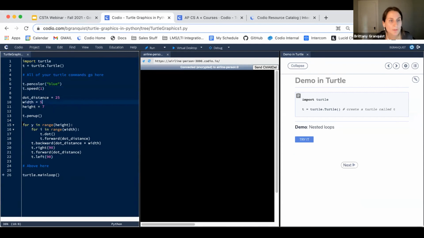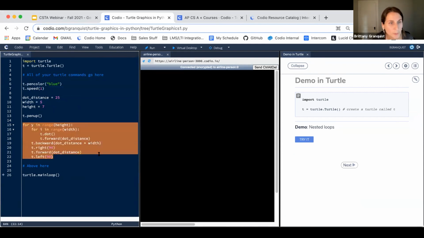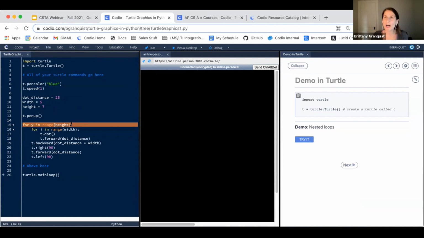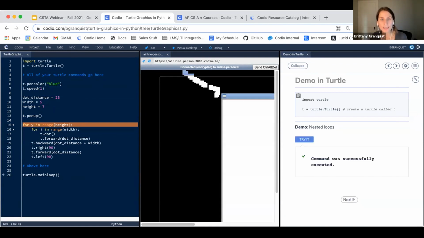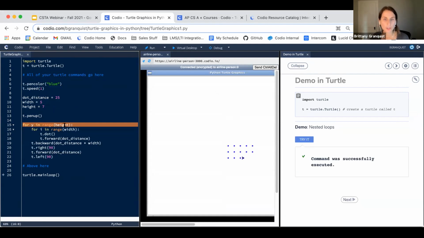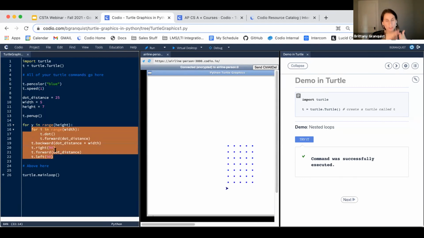And then what I'm doing here is I'm using a nested for loop to show. I think this is awesome. Like if I had this when I was learning nested loops, I would have been in such better shape because it's so clear what's happening. When I press try it, you can see the turtle executing visually, right? So this outer loop indicates how many rows are going to happen. This inner loop is essentially the action of creating each row. The visual output here is so helpful for students, especially when there's more abstract concepts like nested loops, right?